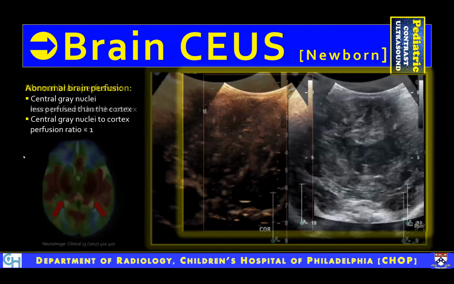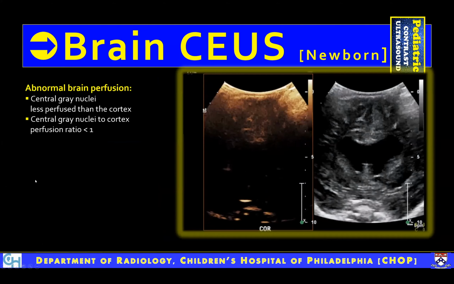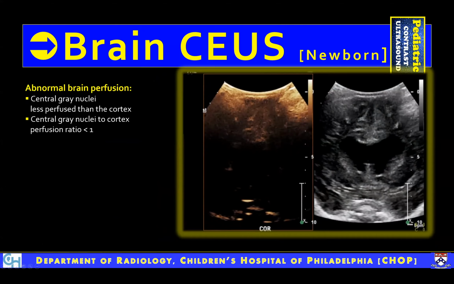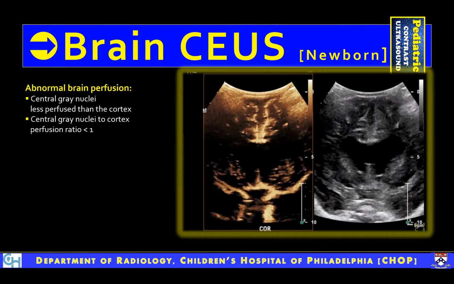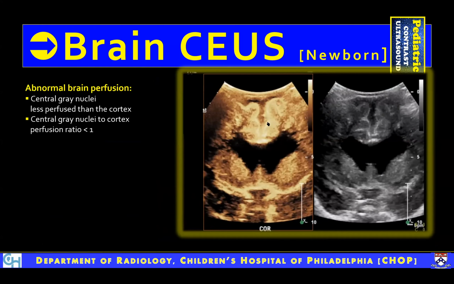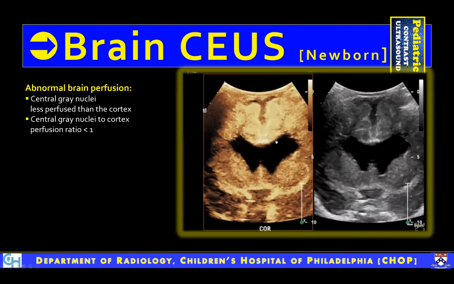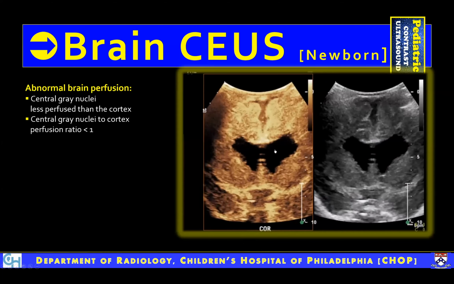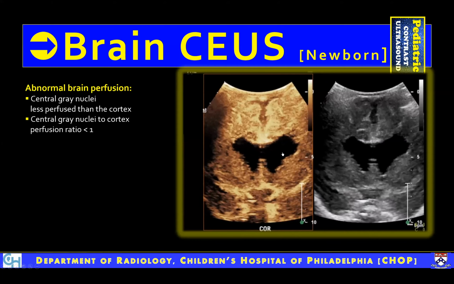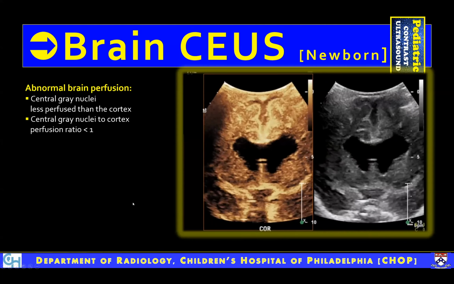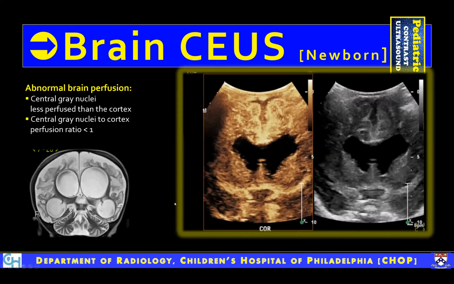If there is a problem, you'll see that the enhancement and the ratio is not normal. It's not more than 1. It will be less than 1. And here you see the microbubbles filling and enhancing all the structures of the brain. There is a hydrocephalus. The ventricles are dilated, but the ratio is not greater than 1. Look at this. It's less than 1 compared to the cortex. So this is the MRI